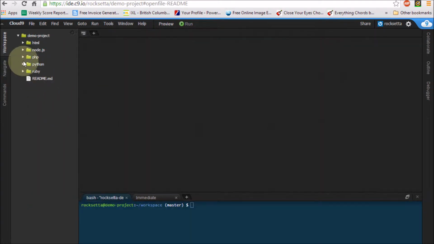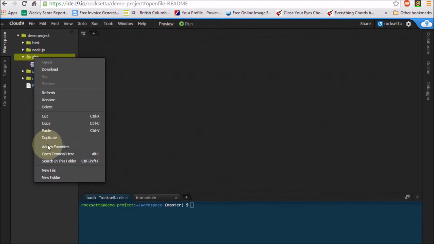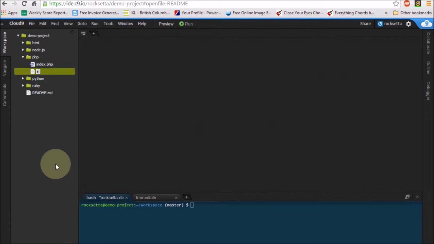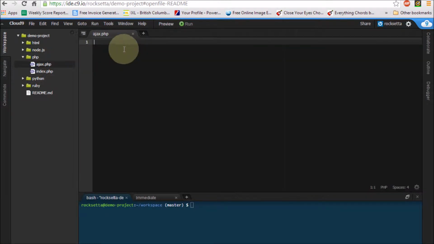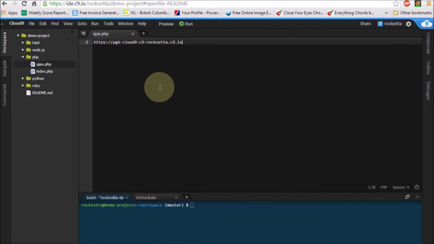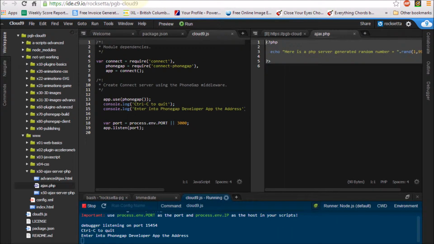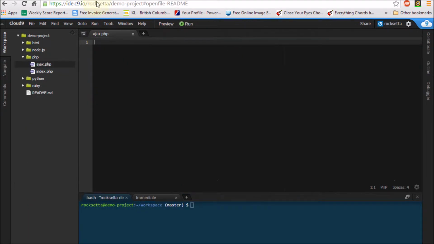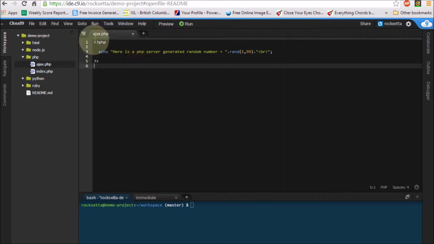What happened? There's our demo folder. It already has PHP working, so I'm going to right click, make a new file called AJAX.php and double click into it, and hopefully I can paste. Looks like you have to use Control V. Whoa, that didn't work. Let's go back into this one. I guess Control C is a good thing to use. Control V, there we go. So we'll save that with Control S,